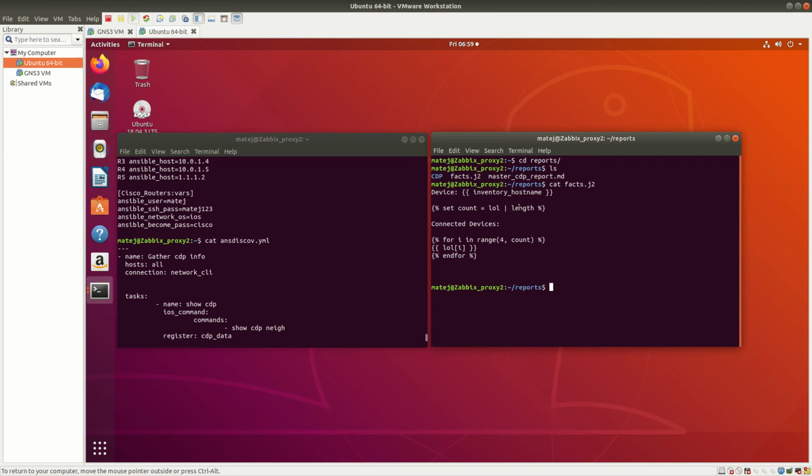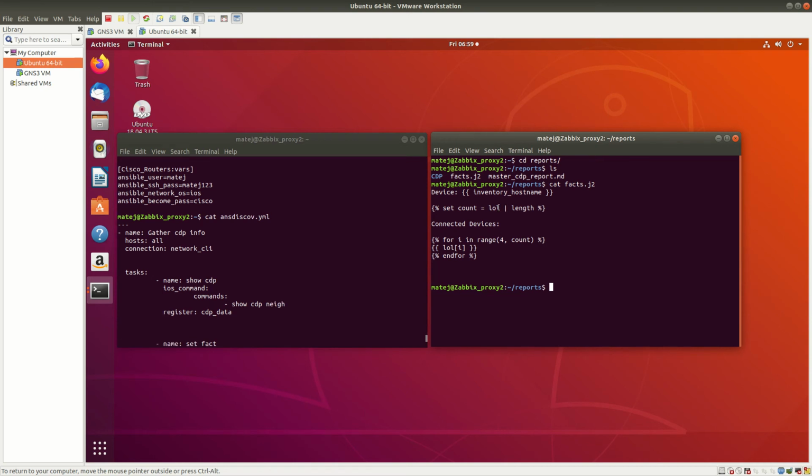the name of the LOL fact, which is defined in our playbook. LOL will basically be an array, and we want to find out the length of the array, so the number of elements. Okay, then this is normal text, and then we are doing a for loop in range 4 to the length of the array. The 4 is because I will show you the output of the playbook, and we want to start at the fourth element, or fourth line, of that output,